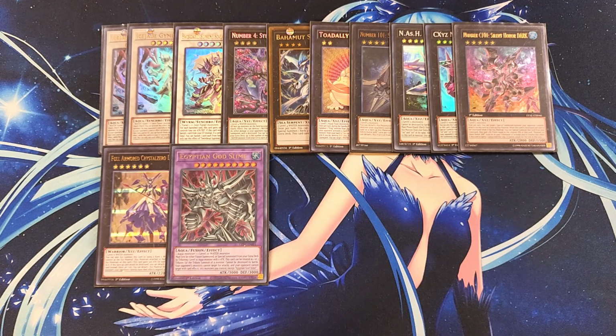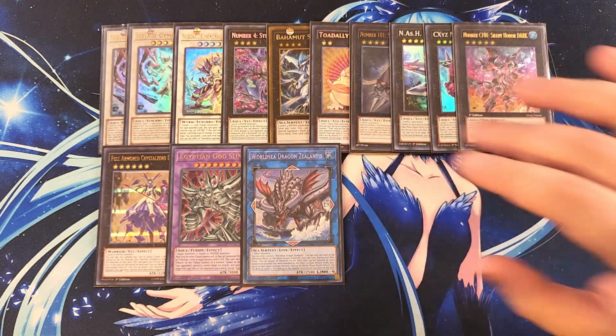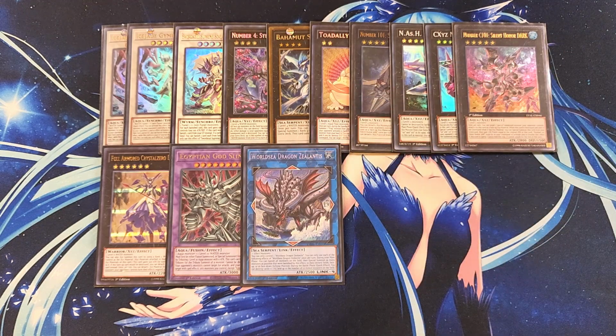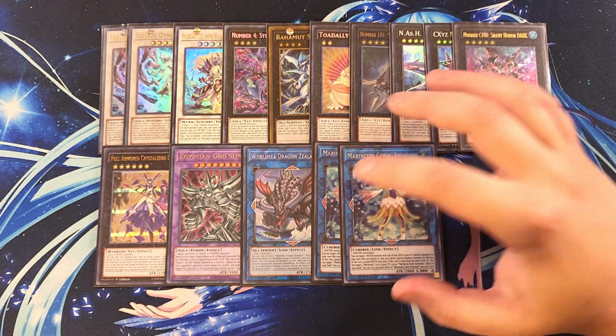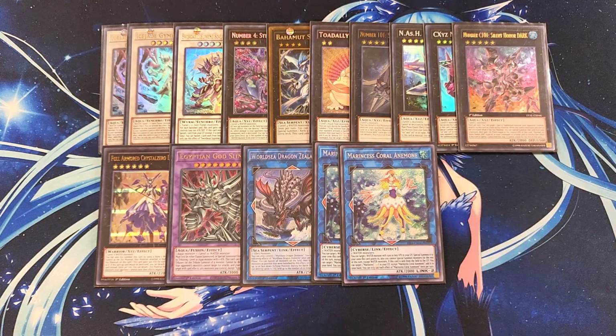We then play a single copy of Zelantis. Zelantis is just very easy to put on our side of the field. You can actually water lock yourself, which is really funny to be able to do in the deck, because you can actually summon out your copy of Coral Anemone, use its effect, and once you use its effect, you cannot special summon back anything but water monsters, so you can actually use the effect of Zelantis to then basically